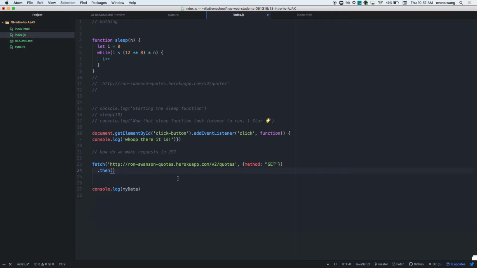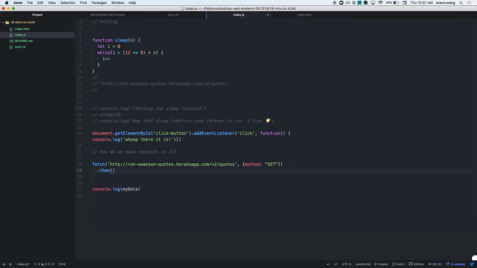And so here, this then, in the same way that the add event listener receives the event, what do you think this then should receive? Right, the response. What comes back from the fetch? What is the response from the fetch? So I'm just going to put response here. Actually, I'm not going to do that. So then, right,